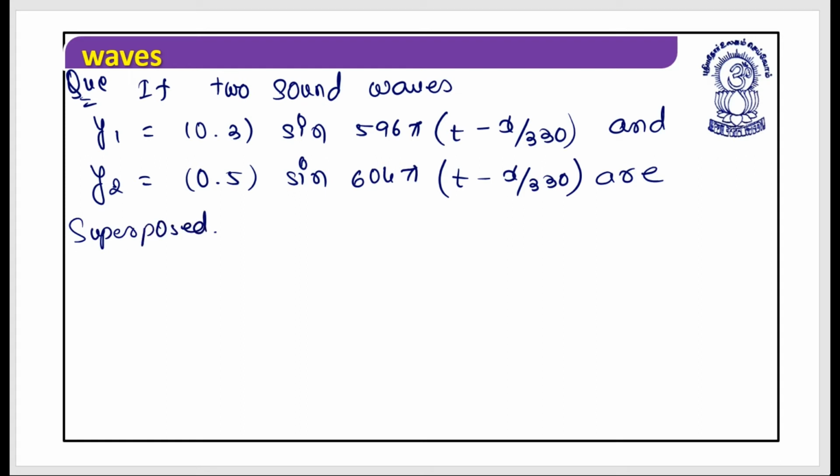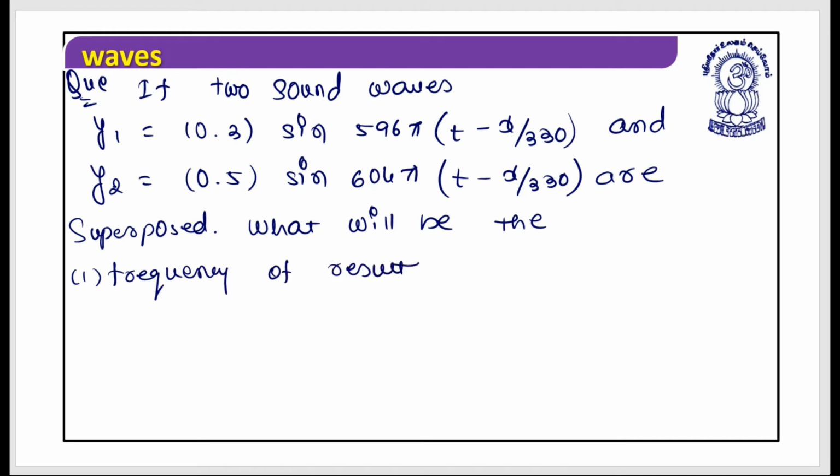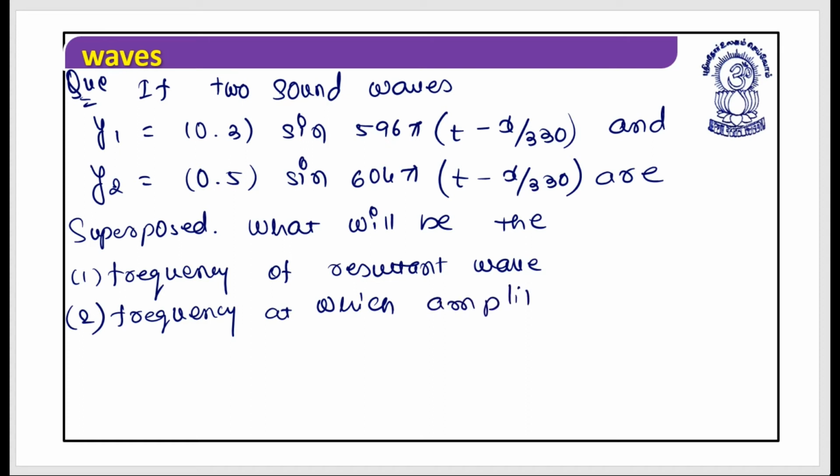These two are superposed. What will be the first, frequency of resultant wave; second, frequency at which amplitude of resultant wave varies;